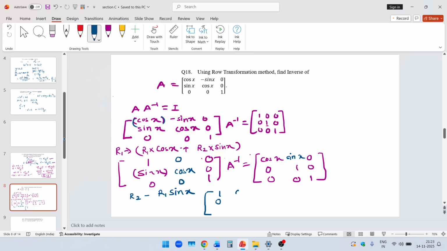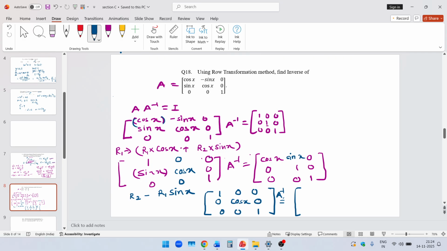First row will remain as it is, 0 1 0 0. Second row will get converted into, this will be 0, second, r2 which is cos x minus r1 times sin x, 0 into sin x, no change, it will remain cos x as it is, and then 0, and the last row will still remain as it is, times A inverse is equal to,